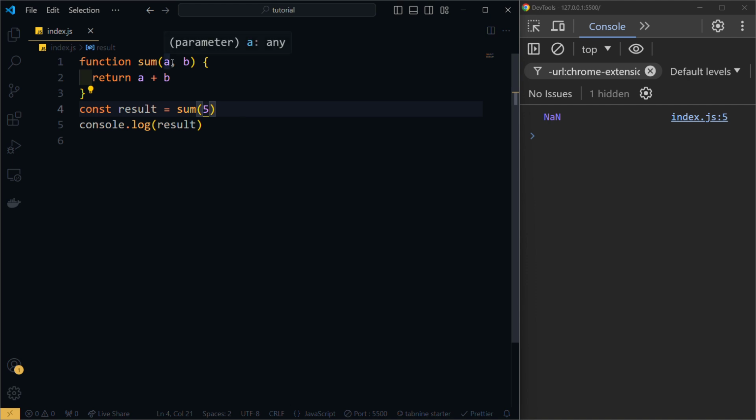Why? Because as I said, a would take the value of 5, but b, because we didn't pass any value, b would take a value of undefined. So 5, a number, plus undefined is not a number. This is why we got not a number logged into the console. To solve this issue, we could actually give the two of them an initial value of 0. So if we ended up not passing any value to these two, if we ended up not passing any parameters,